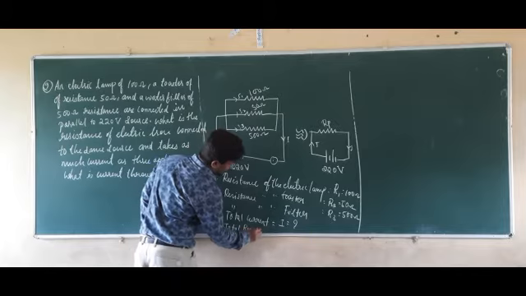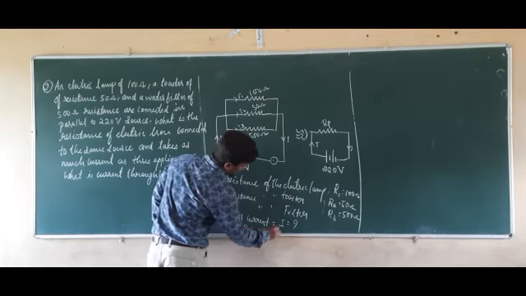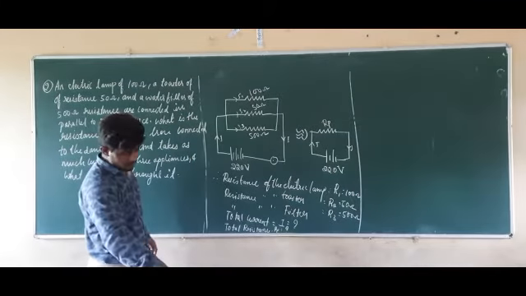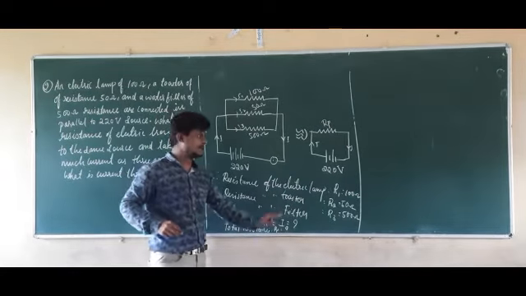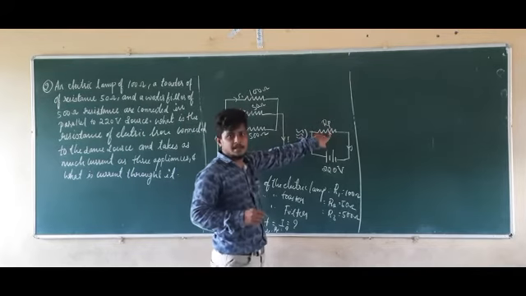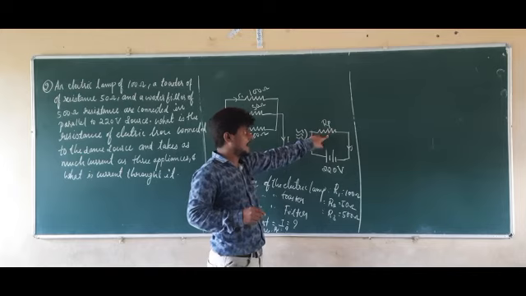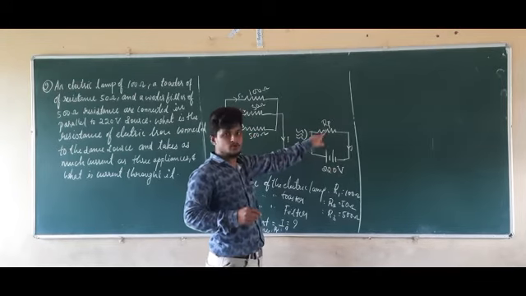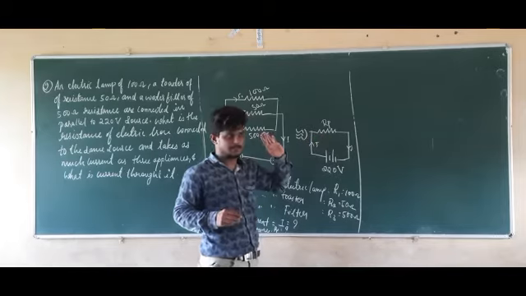The total resistance RP is equal to... So what we have to do here, we have to first find out the RP, that is nothing but the resistance of this electric iron. So if you find out the electric iron, we are going to use Ohm's law. By Ohm's law, we are going to find out the electric current here.